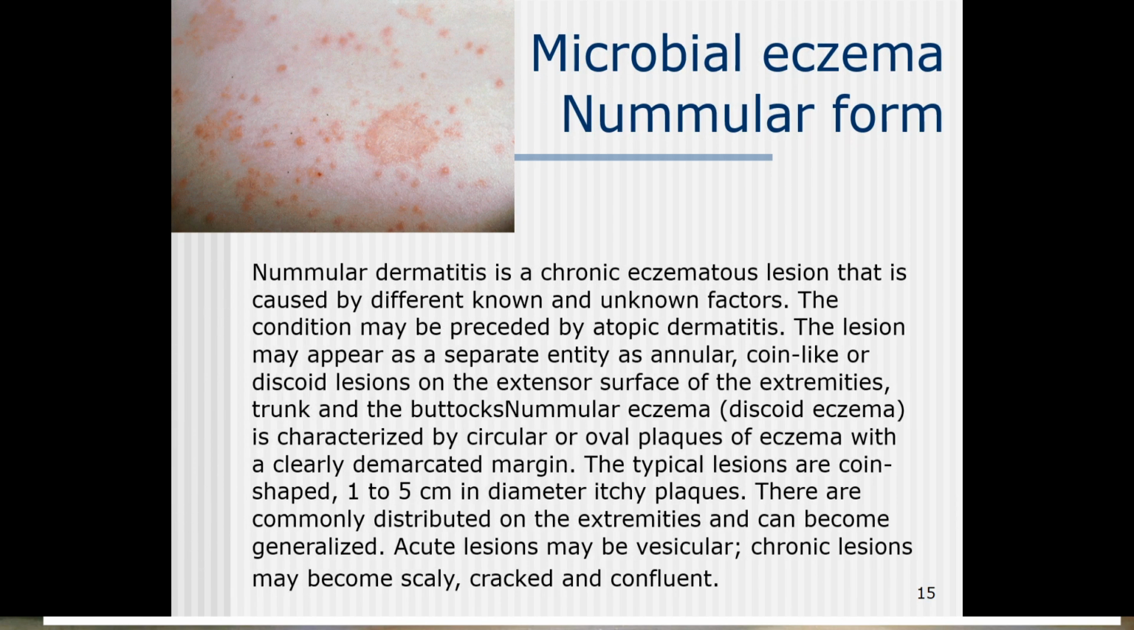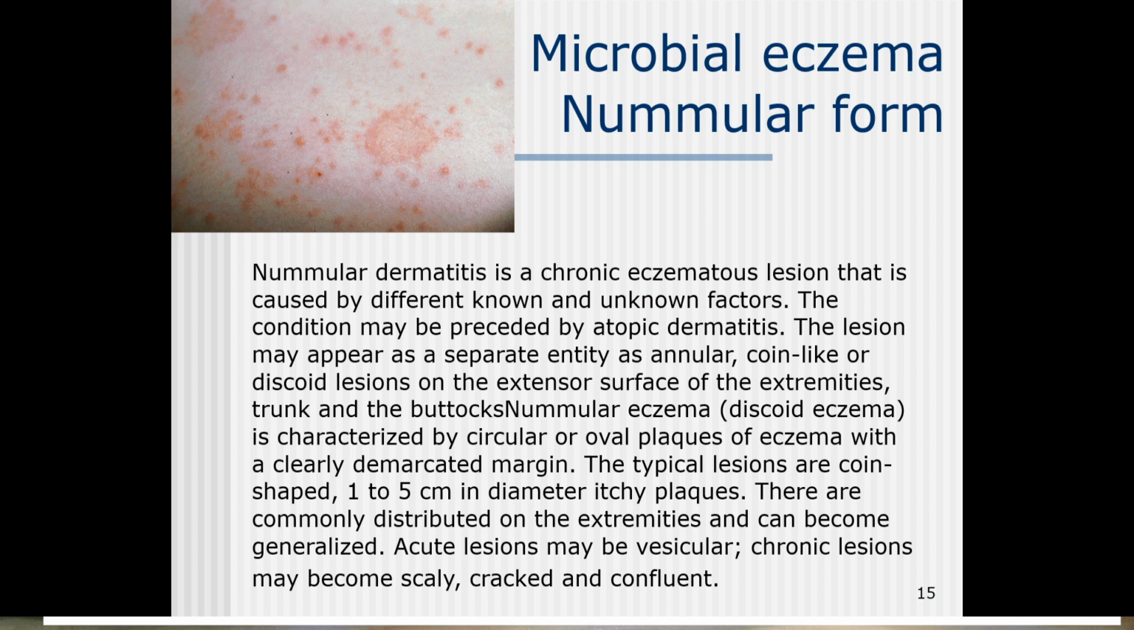Nummular microbial eczema. Nummular dermatitis is a chronic eczematous lesion that is caused by different known and unknown factors. The condition may be preceded by atopic dermatitis. The lesions may appear as a separate entity and as annular, coin-like or discoid lesions on the extensor surface of the extremities, trunk and